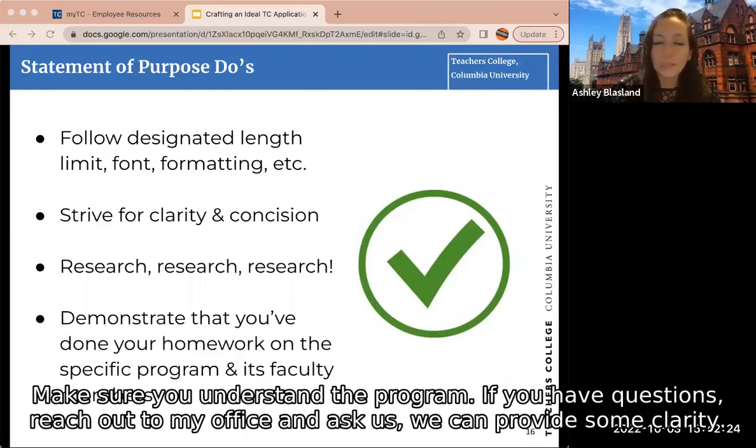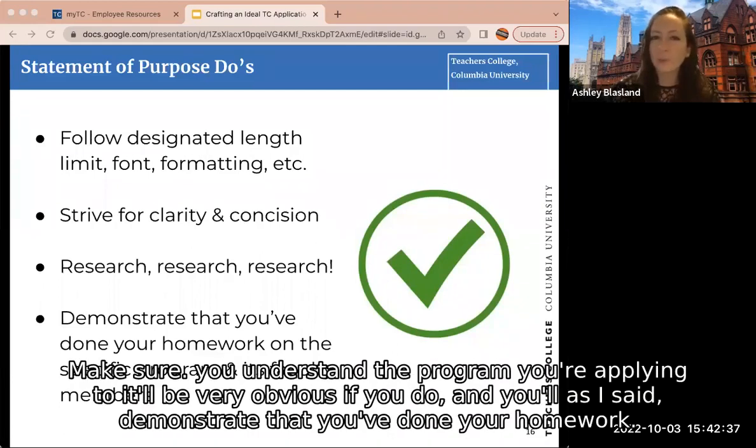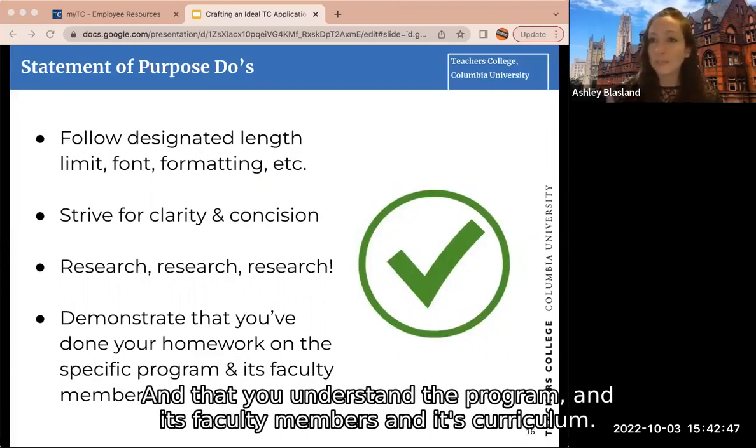Research your program. Make sure you understand the program. If you have questions, reach out to my office and ask us. We can provide some clarity, we hope. Research through the website. Read the bios of the faculty. Make sure you understand the program you're applying to. It'll be very obvious if you do. And you'll, as I said, demonstrate that you've done your homework and that you understand the program and its faculty